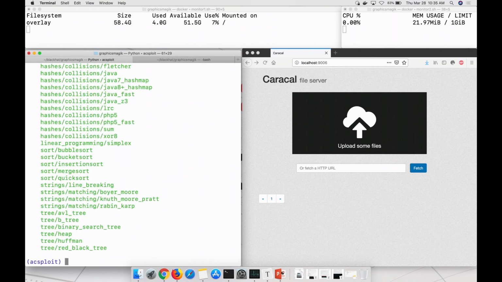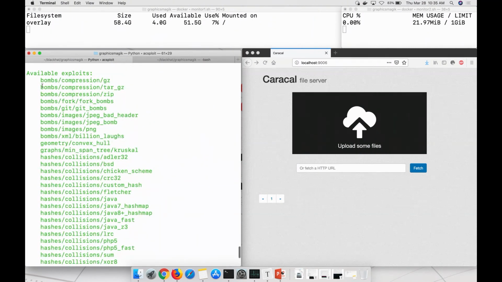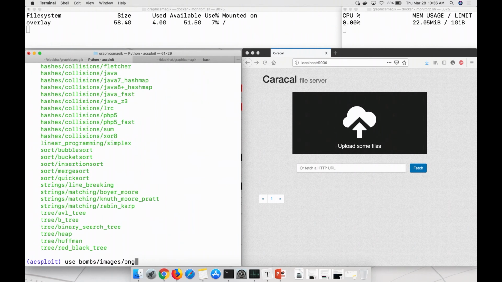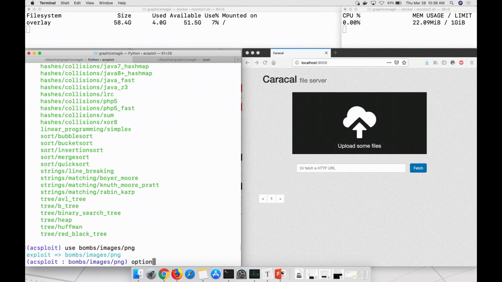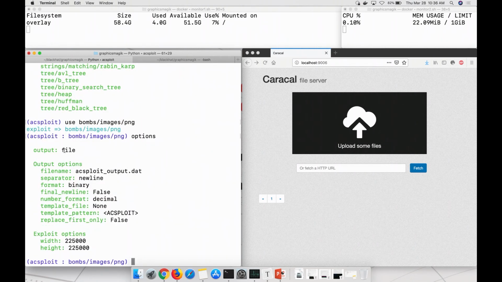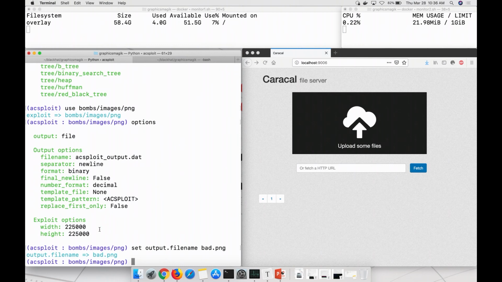So again, we're going to type show, go up here to the bombs, and see there's a whole category for image bombs. I like PNG images, so why don't we start with that. And we look at the options here. And again, we notice it's going to output to a file. Let's change that file name again to something else, like bad.png. None of these other options seem totally relevant. And this seems like a good size. So if you look at the exploit options here,